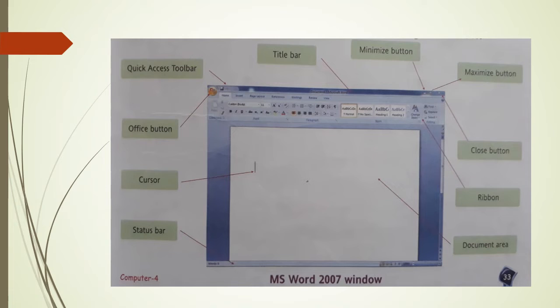See, this is the MS Word 2007 window. Now see at the top of the left side, first of all we have the quick access toolbar. Now at the top we have the title bar, where the name of the document is displayed.